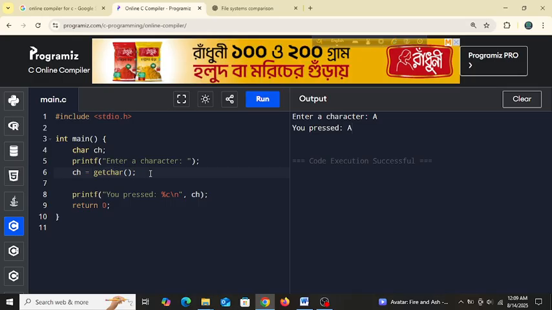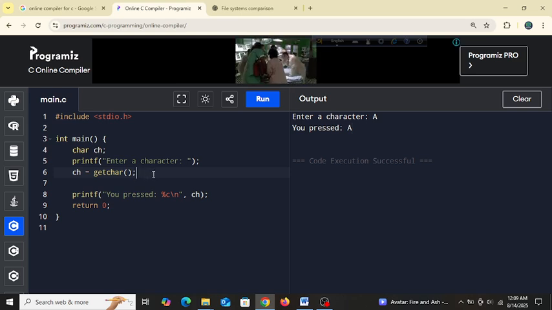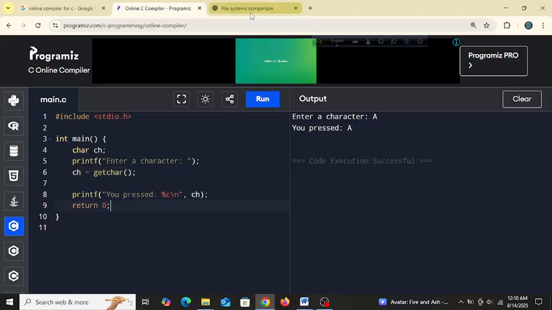This function will take character type input from us, and then the result is stored in the ch variable, and the ch variable is being printed again. So I hope you get this system, guys.